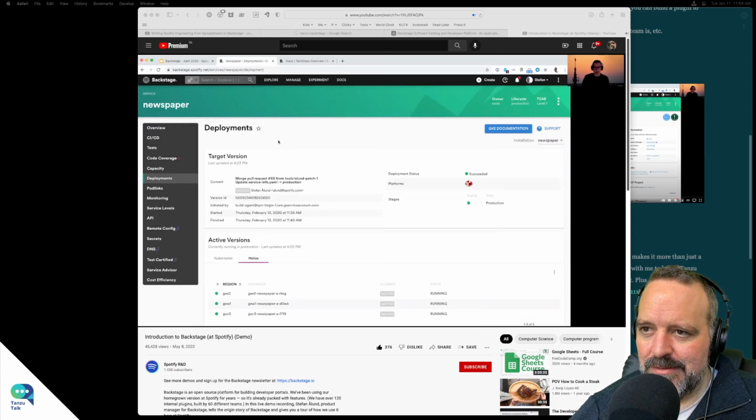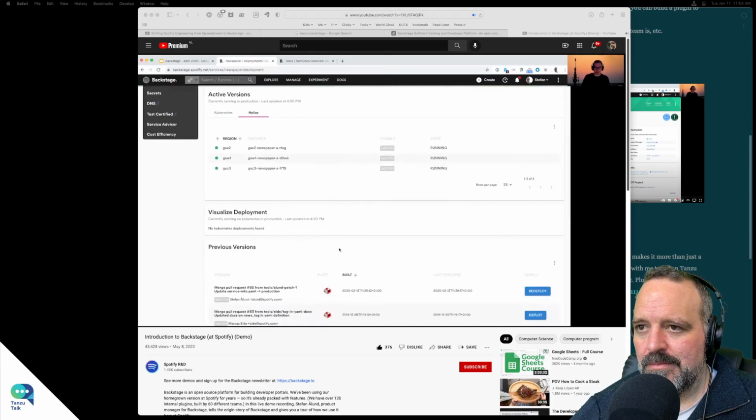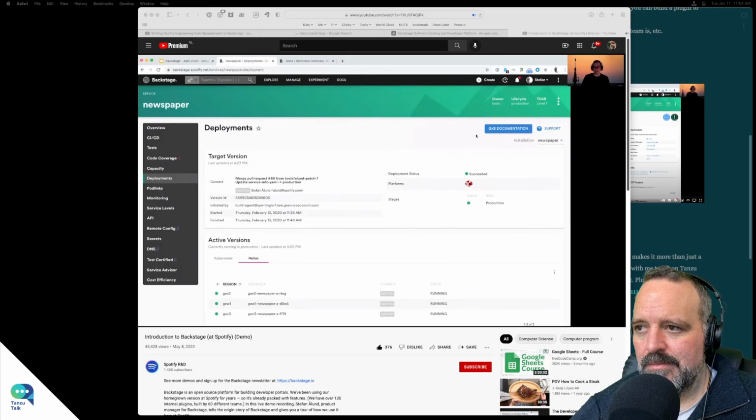Kubernetes and deployed using Spinnaker, but our engineers don't really have to know that because the only thing that they interface with is this UI in Backstage where they can go and deploy and redeploy their services. And again, same consistent way to get support and then find out how to use this plugin.